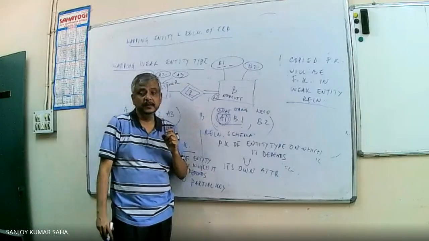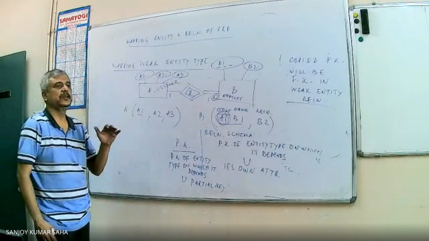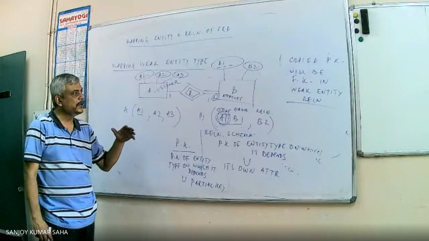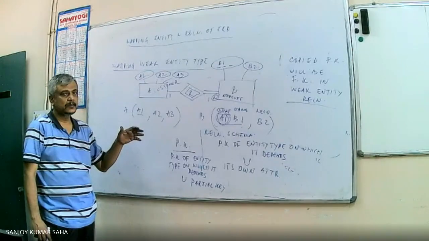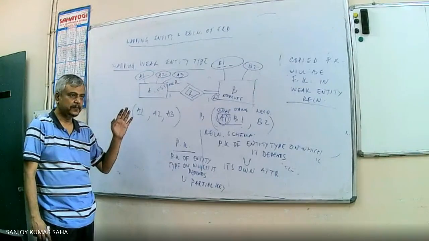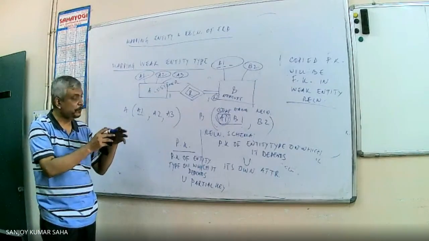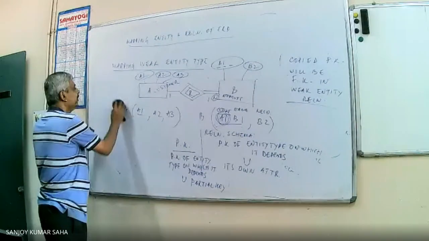So see, whenever we have talked about the mapping of the multi-valued attributes or the weak entity type, we are also identifying the foreign keys. Right? This will help us later. That means whenever we are breaking up a relation, we are getting a primary key, foreign key kind of relationship.